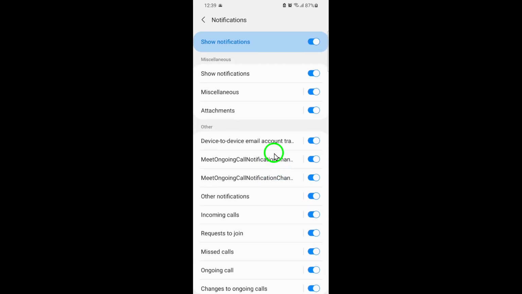From this screen, find and tap on Mail. This category controls notifications for your incoming emails. Finally, look for the option called Show as Pop-up. Turn this toggle on. What this does is allow your Gmail notifications to appear as a pop-up window whenever you